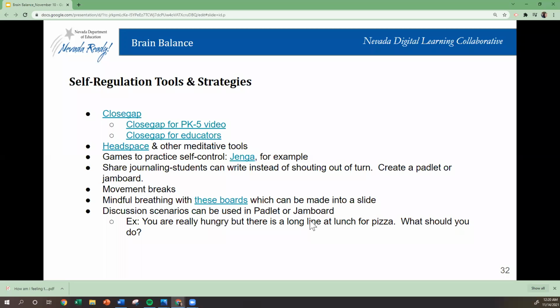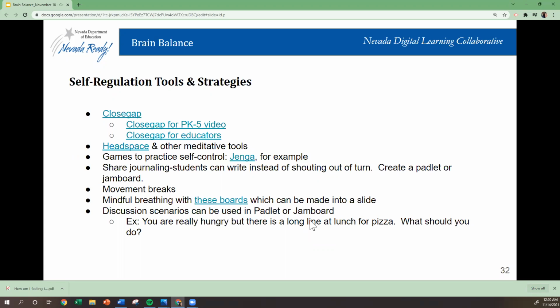And long term, those kids have a dashboard where they can see themselves. You know what? Every time I go to bed late or I don't eat breakfast, I'm kind of in a crabby mood. That really helps them with recognition and reflection of what it is they're experiencing and how that impacts their behavior. One of the other benefits of Close Gap is that at the end of all of that, it will ask them what they feel their energy level is for the day. And then the very next step is that it takes them into a choice option where they can select what kind of